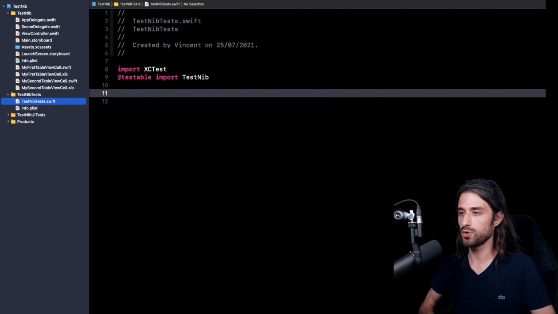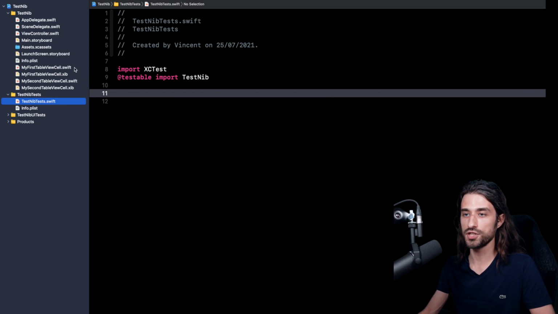So why would you want to have such a test? Well, it's because Xib files are very powerful, but they have one big flaw, we could say: they rely a lot on the runtime environment. It's totally possible for a view to expect a Xib file, and if the Xib file is not there at runtime, there will be a crash. The compiler will not be checking at compile time that the Xib file is there, because that's just not how Xib files work.